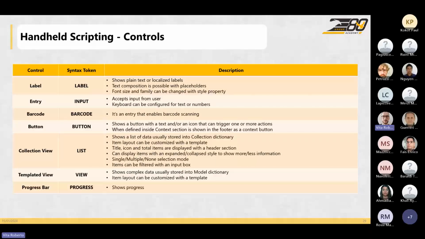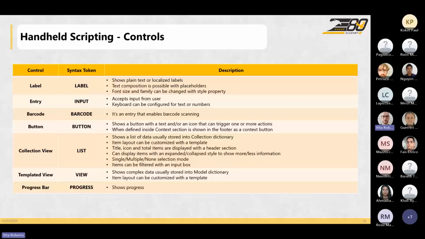Then we have the button, of course, it shows a button with a text and or an icon. And this one, of course, can trigger one or more actions when it's tapped by the user. We can define the button inside the context section of a step. In this case, this button is not shown in the body, but is shown in the footer section as a contextual button. Then we have the collection view, or the UI control defined in Microsoft .NET MAUI framework to show